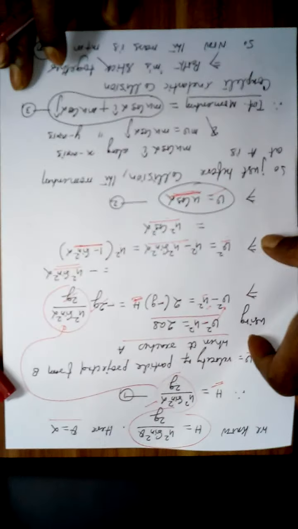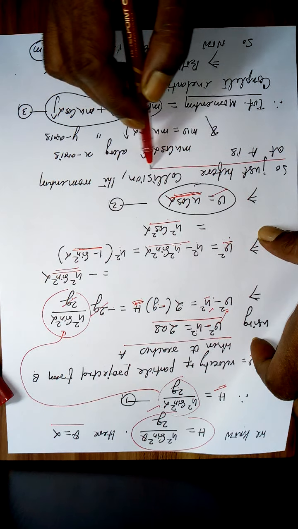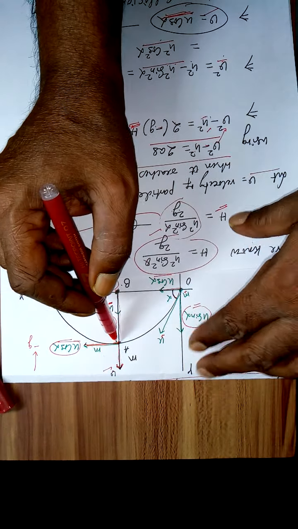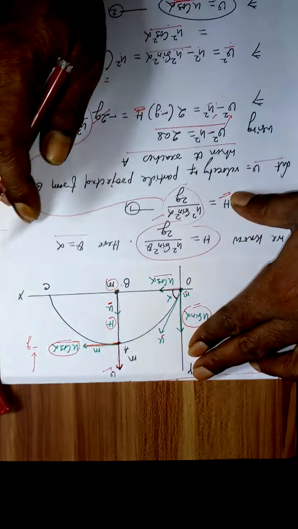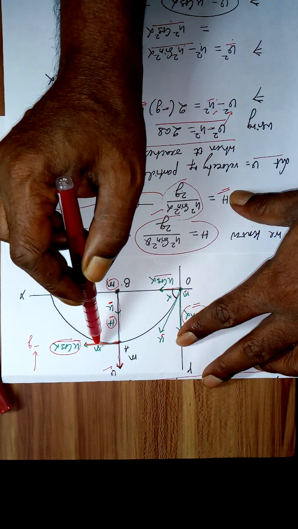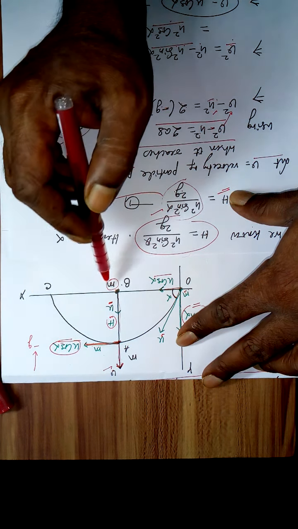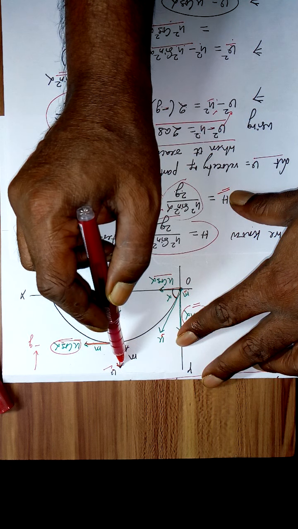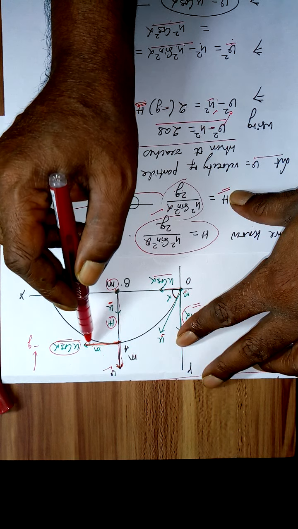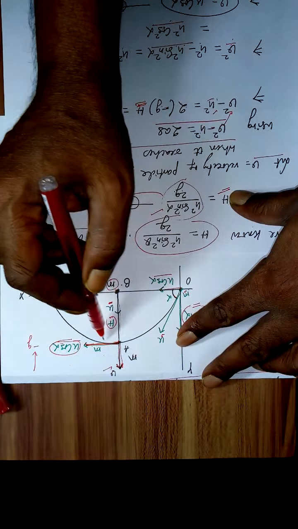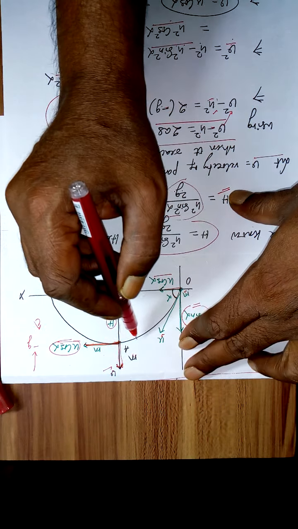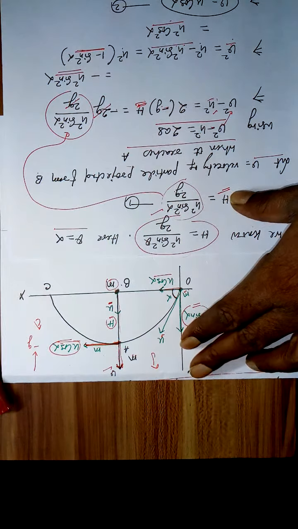Now apply conservation of momentum. Just before collision, what is the momentum at A? The mass moving to this side will have a momentum m u cos alpha. The mass moving to this side will have a momentum m into v. This is along the x-axis, this is along the y-axis, and for the x-axis we have the vector i cap, for the y-axis we have the vector j cap.